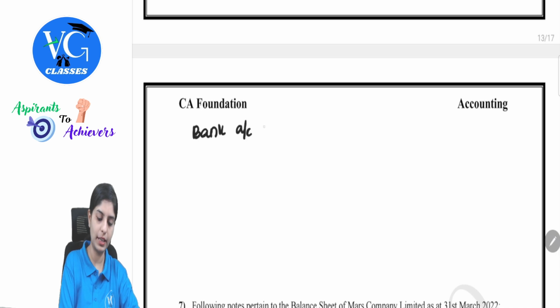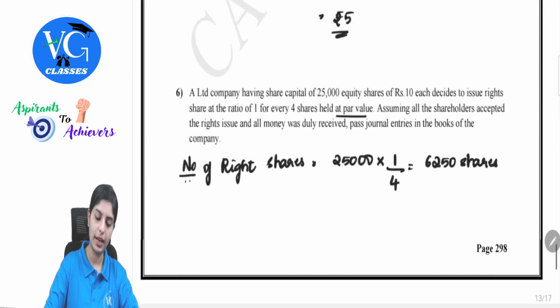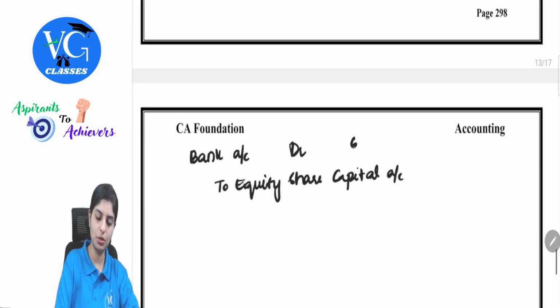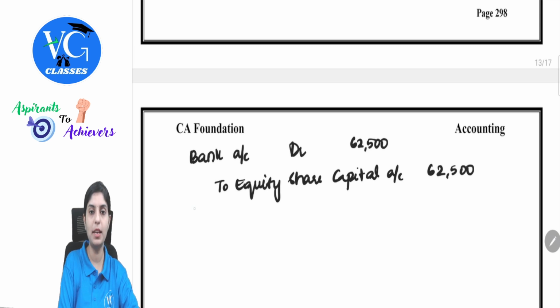Bank account debit to equity share capital at 10 rupees. So 62,500. Simple? Yes. Being right shares issued